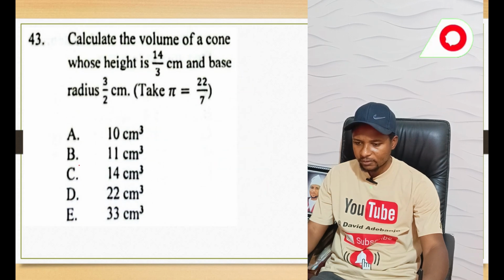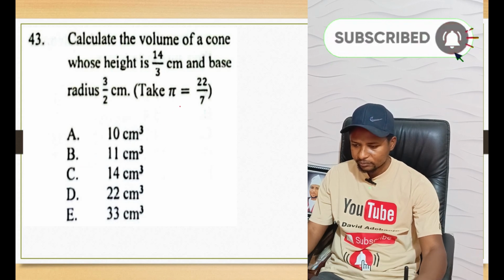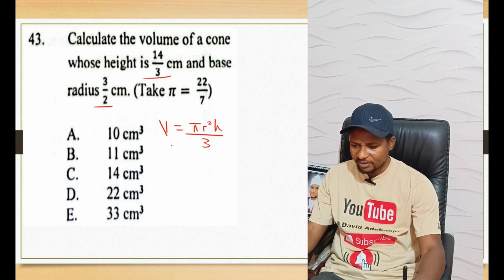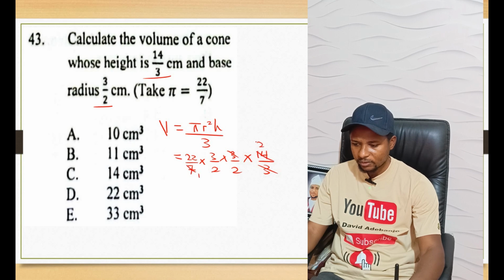Moving on to question 43. Calculate the volume of a cone. The volume of a cone is the volume of a cylinder, which is pi r squared h. Then you divide it by 3. That's all. So we have our radius and we have our height. So everything we need is given. We have our pi to be 22 over 7. Radius as 3 over 2 times 3 over 2. And the height as 14 over 3. So 3 cancel 3. 7 here 1, 7 here 2. 2 cancel 2. 2 here 1, 2 here is 11. So we're left with